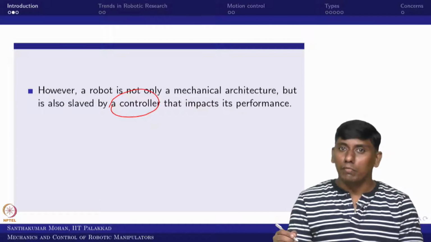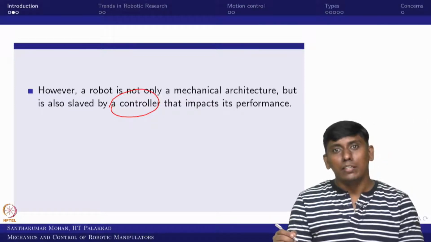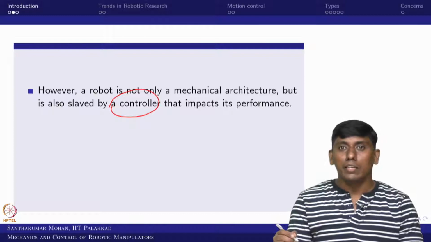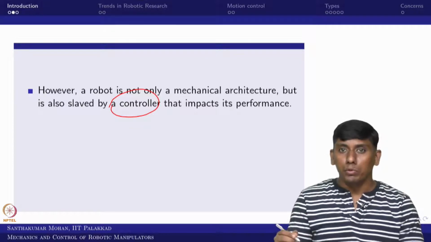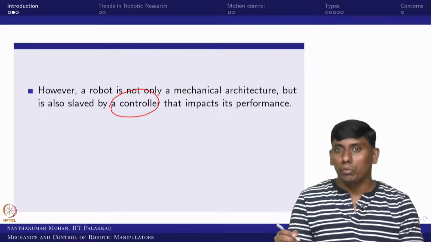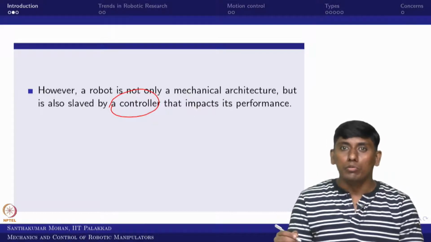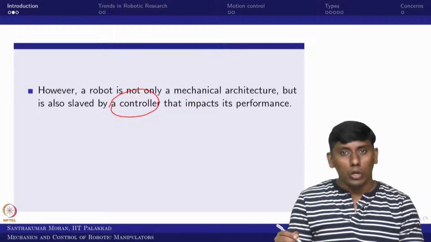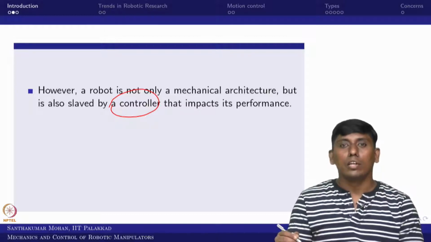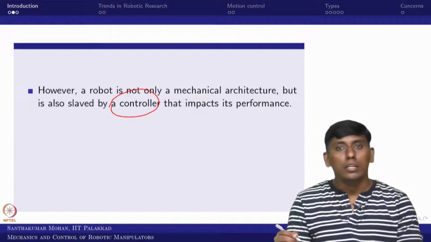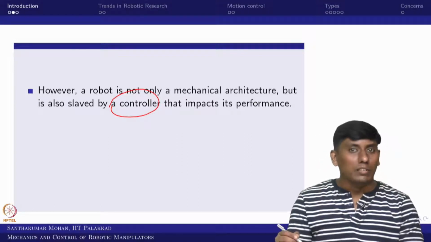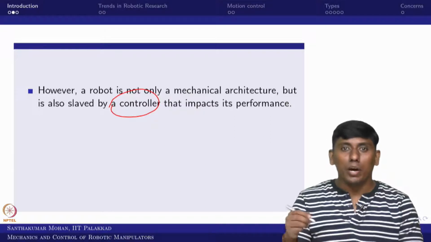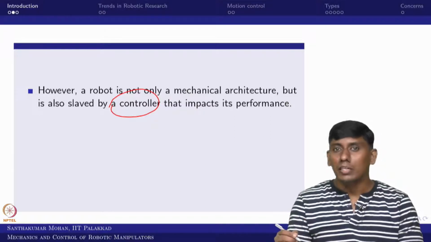In a real time system, there would definitely be uncertainties. For example, the actuator is supposed to provide 10 Newton meter, but there may be a mechanical loss or some other losses, and it may produce only 9 Newton meter. Similarly, the link length geometrically is 10 centimeter, but the manufacturing tolerance may give 10.1 or probably 9 point something. Similarly, the joint may also end up with some kind of clearance.